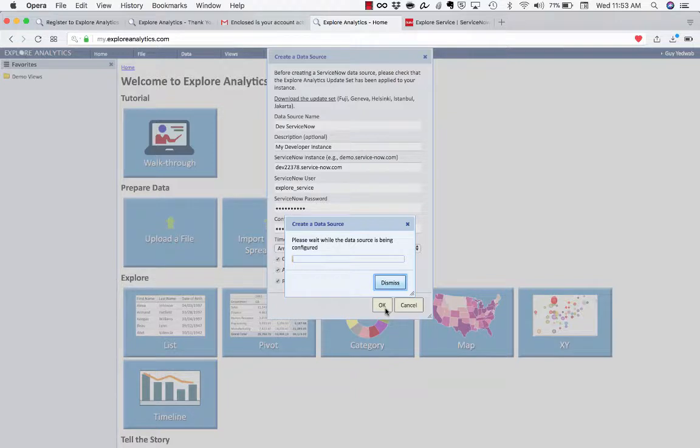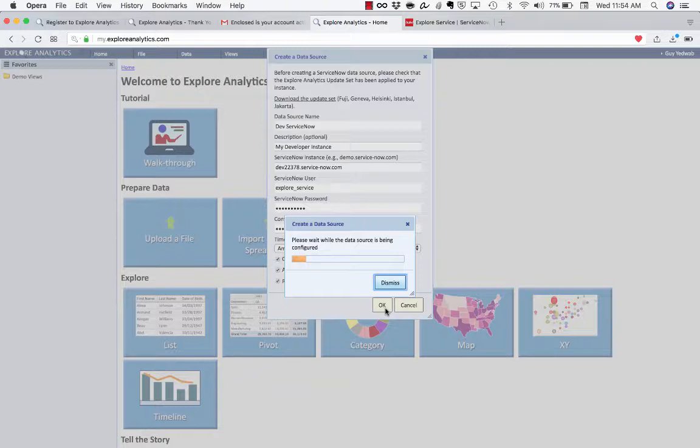And with that, I click OK. What this is going to do is reach out via web services, and the first time you connect the data source, it's going to find what tables this user has access to, and what fields we have access to on that table, including any custom tables or custom fields that are specific to your environment. This may take a few minutes. It usually takes longer,